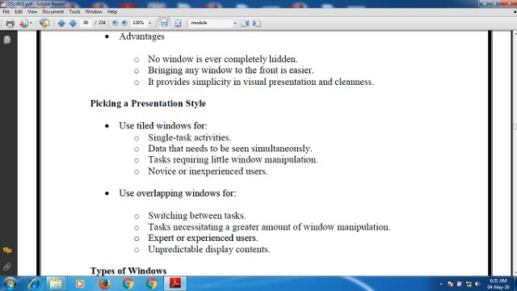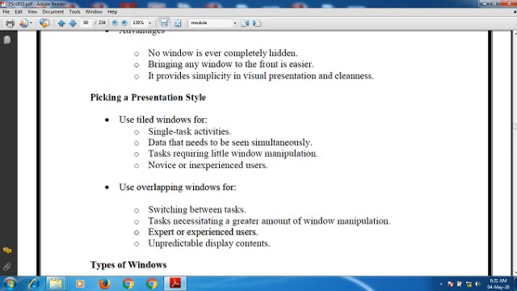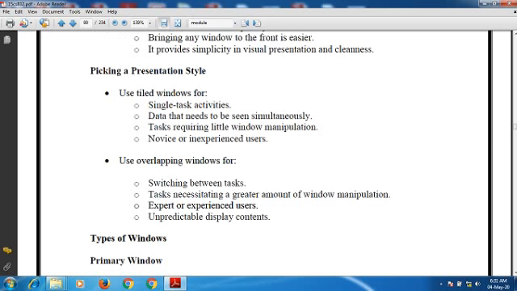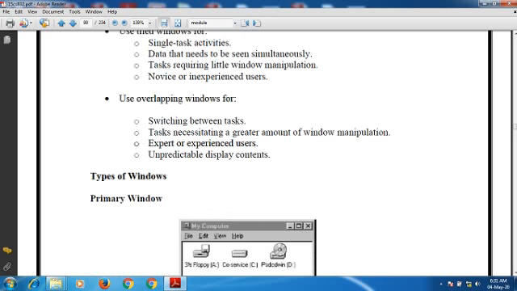We also use them when display content is unpredictable. In the next session we are going to discuss the types of windows.